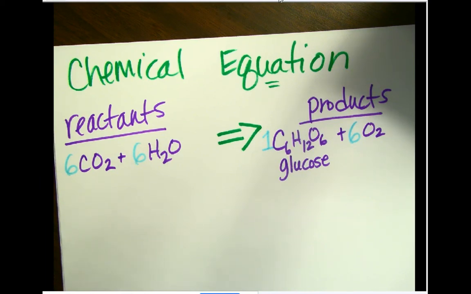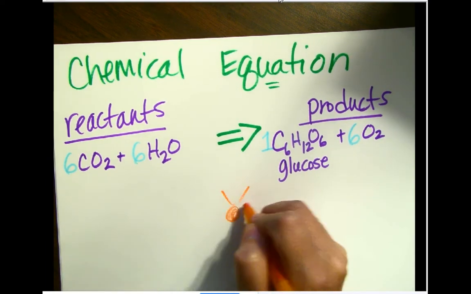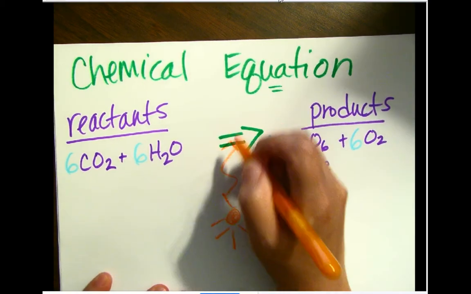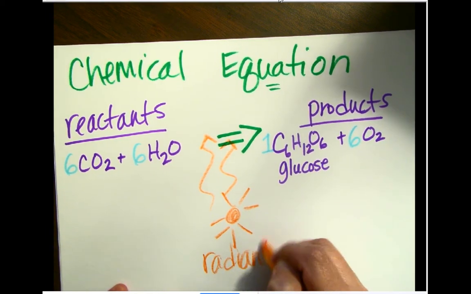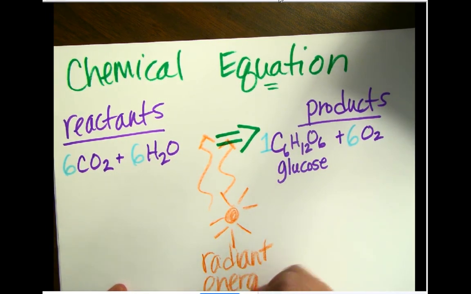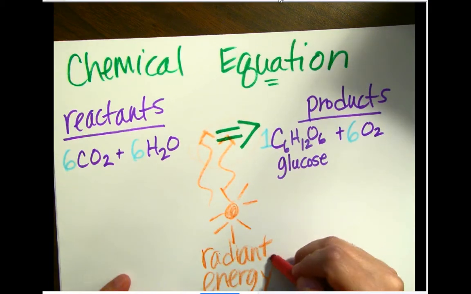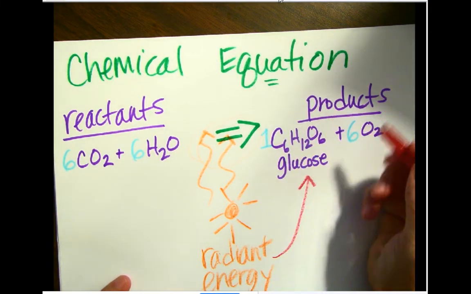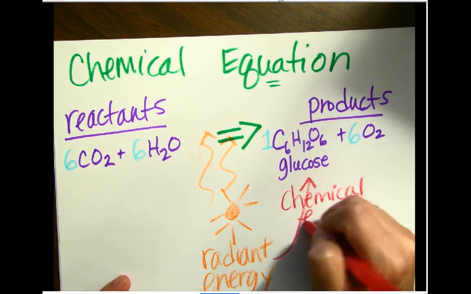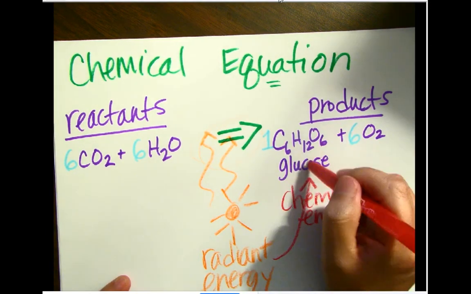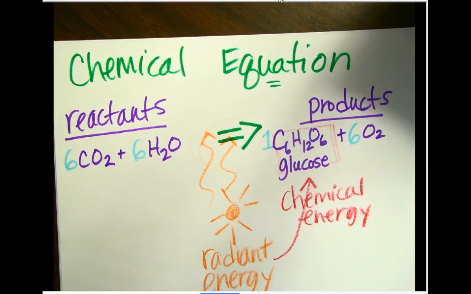Okay, we're missing something. What fuels this whole process? The sun. The sun's radiant energy fuels this whole process. Okay, and so this radiant energy, just to remind you, this radiant energy gets transformed as well during this process. It gets transformed into chemical energy in the glucose. Okay, and it just hangs out in the leaf, waiting to be used by the plant or eaten.